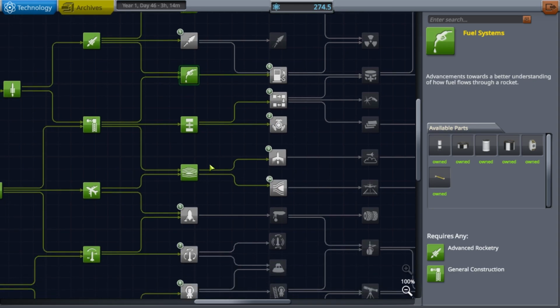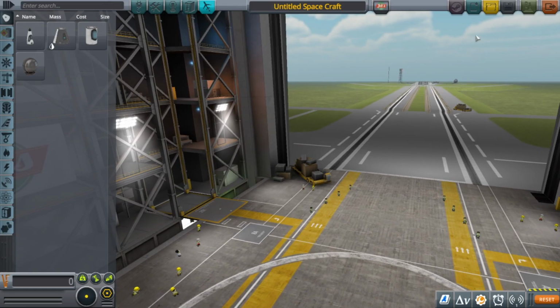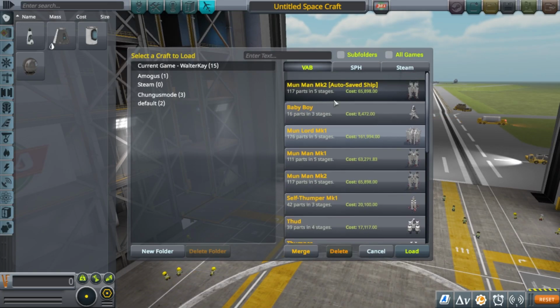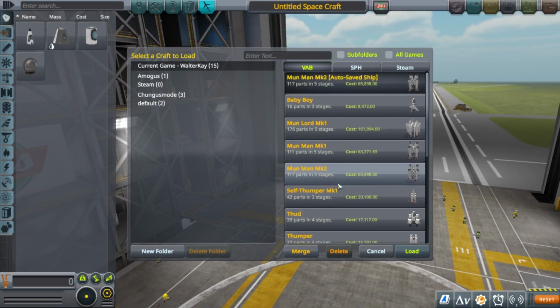Because I'll show you what my heavy rocket looks like. Before I get to the previous rocket, I'm going to be using the same one I did last time, the Moonman Mark II. I think it was Mark 1 last time, and I did some very slight updates. But what I made is the Moon Lord, and if you look at the thumbnail...